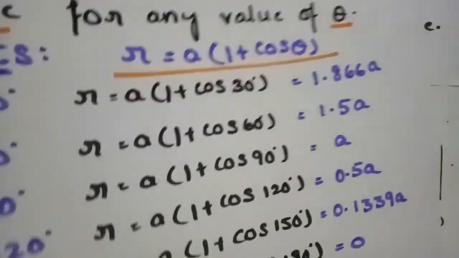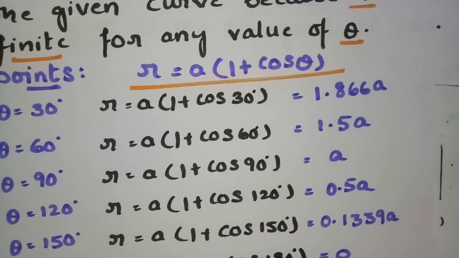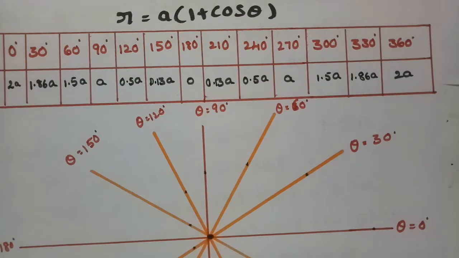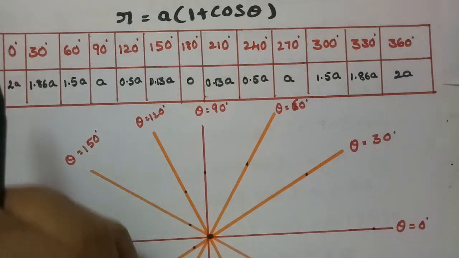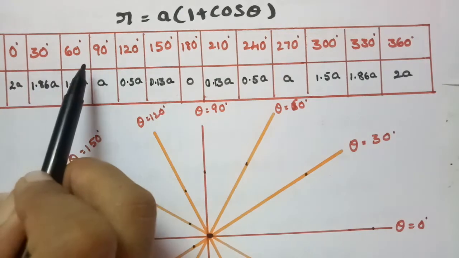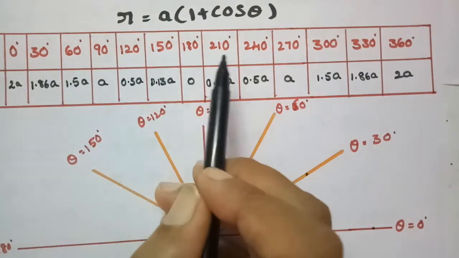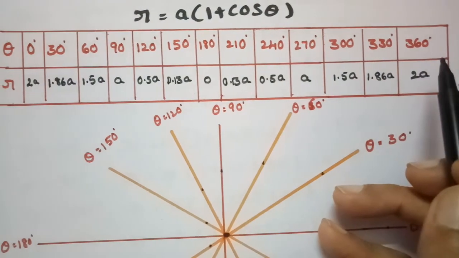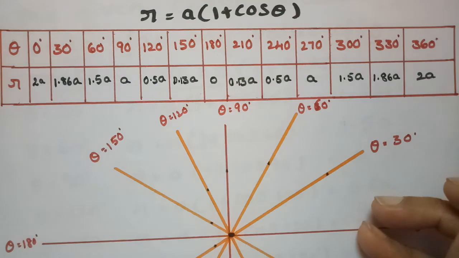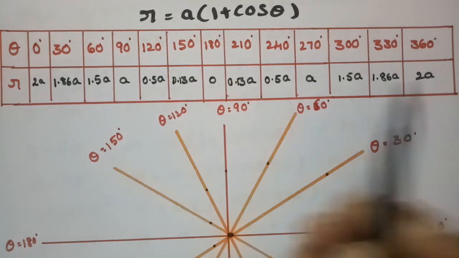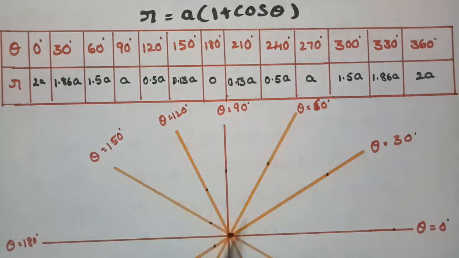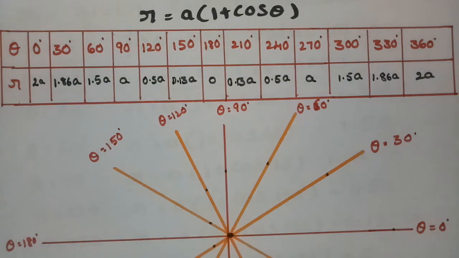keeping theta values, these are the points for the curve r is equal to a into 1 plus cos theta. Here if you observe, these are the theta values, that is 0, 30, 60, 90, 120, 150, 180, 210, 240, 270, 300, 330 and 360. So there is an increase of 30 degrees of angle each time. And these are the r values, that is 2a, 1.86a and so on. I have shown you how we got all these values,